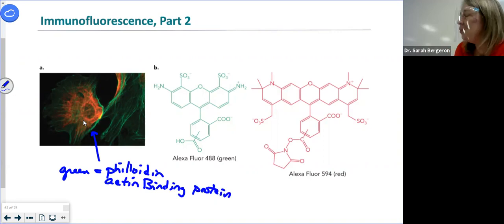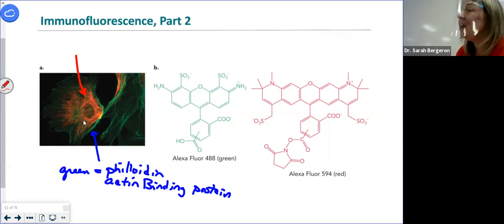And so what's actin? I keep saying it's my favorite protein ever, but that's not a good answer. It's a cytoskeletal structural protein that gives your cell its three-dimensional shape, right? So it's like an internal skeleton for your cells, but it's not the only cytoskeletal protein. The red in this case is another type of cytoskeletal protein. And so what you see here is that different cytoskeletal proteins have different functions within the cell.